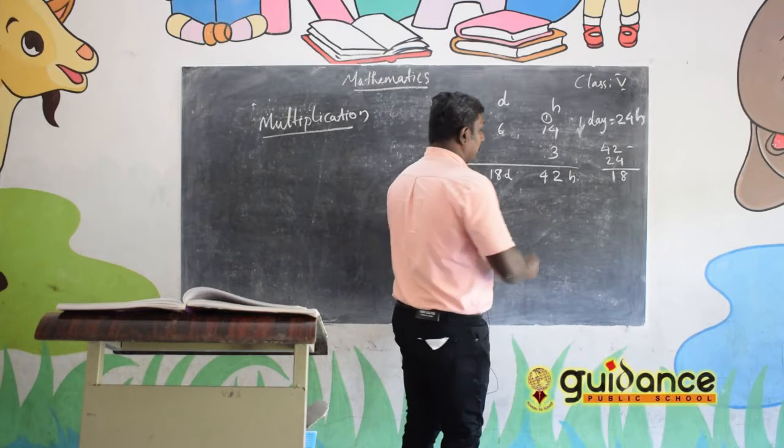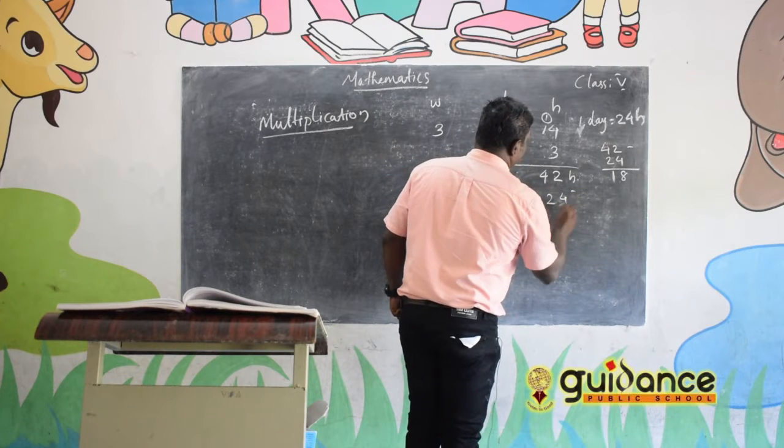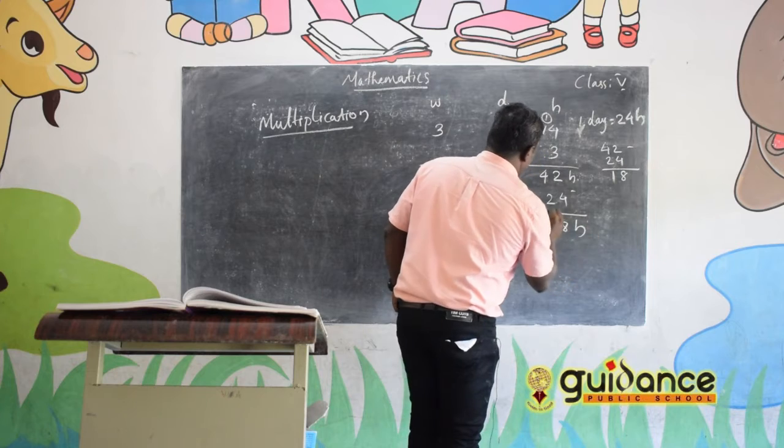So the 1 day we take, then we subtract 24, then 18 hours remain, and that one day we have to give